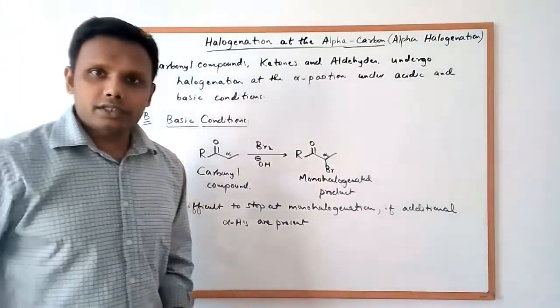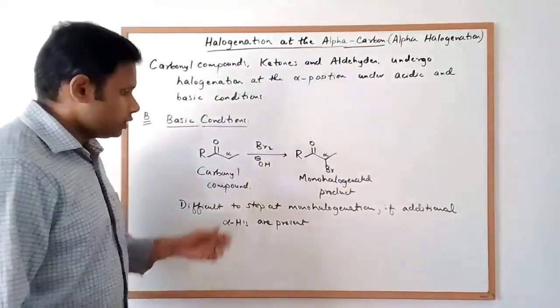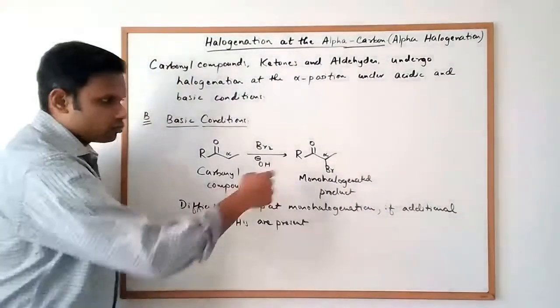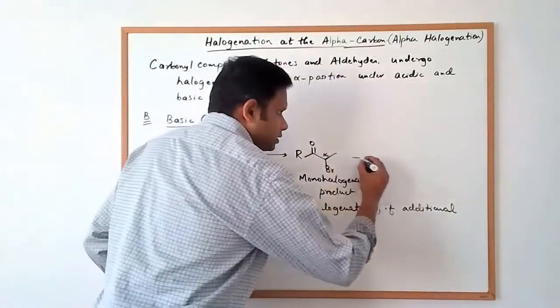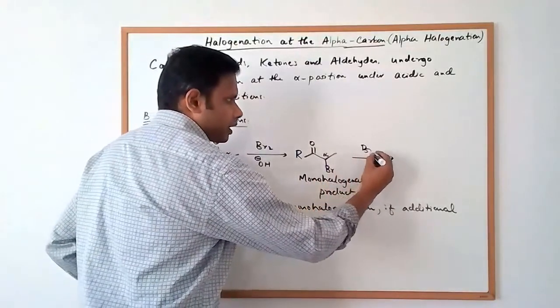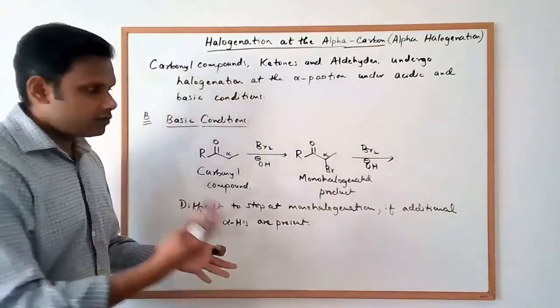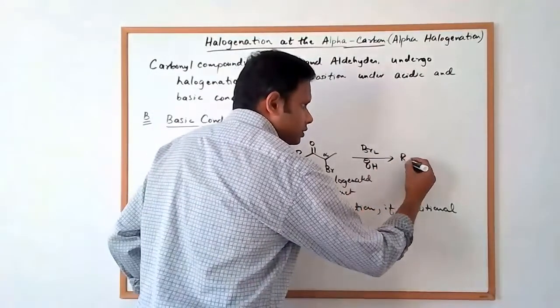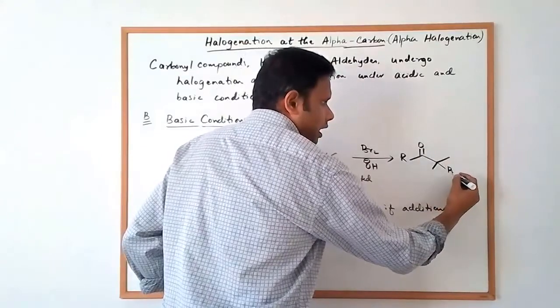So if there are additional alpha hydrogens present, then this reaction is difficult to control at the monohalogenated product. And essentially what happens is the reaction continues. This monohalogenated product will react with more halogen and base to give you the dihalogenated product, or till the alpha